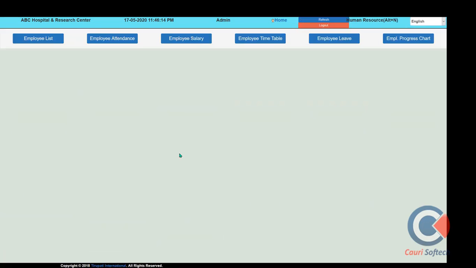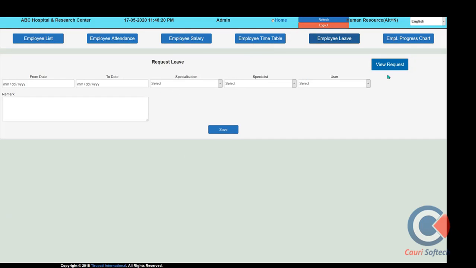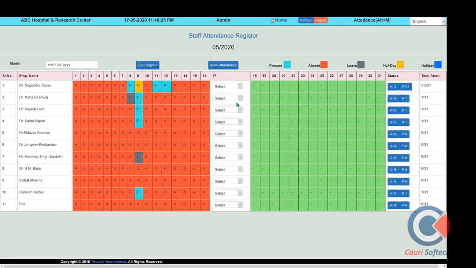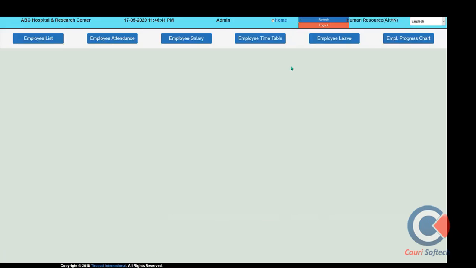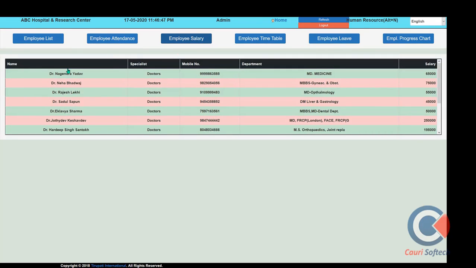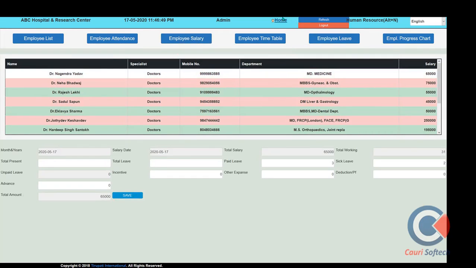The next one is the human resources module. Here we can maintain our staff's salary, their attendance system, and their leave requests; all these things we can perform here. Attendance also has biometric connectivity with the device, as well as the machine, or manual absent and present can be entered here from the software. This way we can use the attendance module and HR module from here. Employee salary can be generated from this module, and HR-related activities can be performed here.